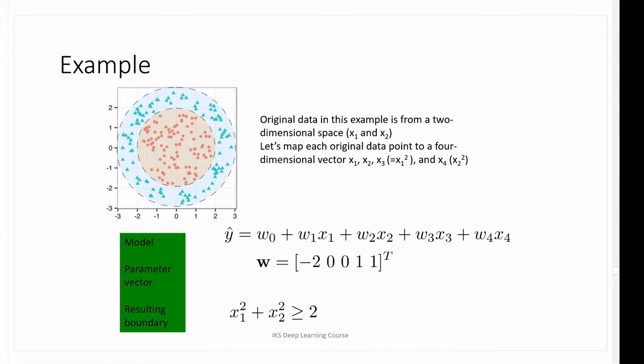And this example shows how that will work. So we have the original data, which is not separable by a line. So what we will do is define additional features. Instead of x1 and x2 as our feature vector, or as our input to the linear model, we will input x1, x2, x1 square and x2 square as inputs to our linear model, and then have the linear model learn the classification